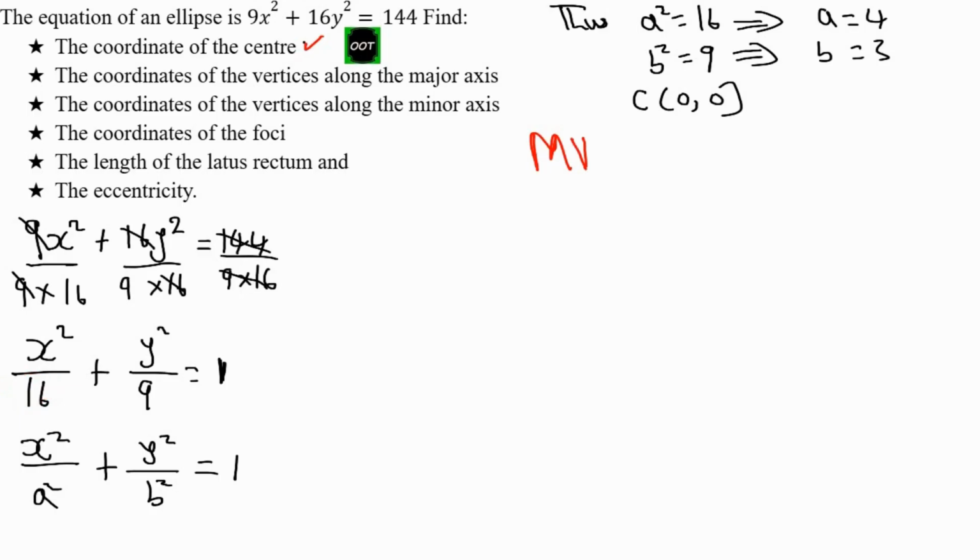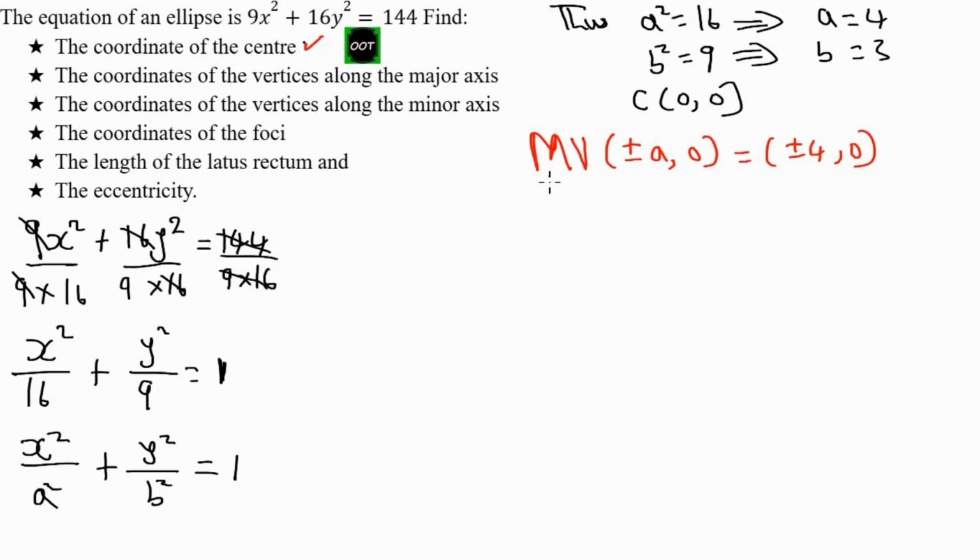If that is the case, the MV will be plus or minus a, comma 0. I already combined the first one and second one. That will be equal to a bracket. What's the value of a? That's 4: plus or minus 4, comma 0. I got that. Simple. Perfect. Now,